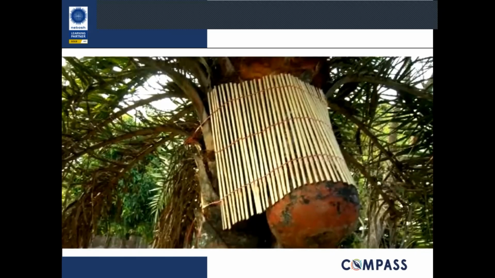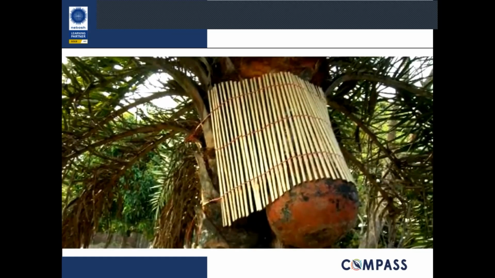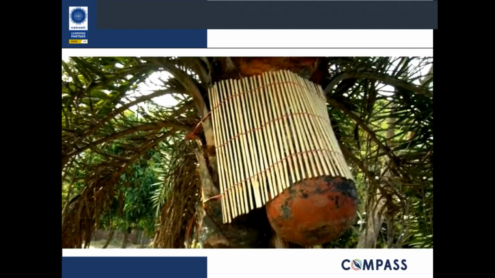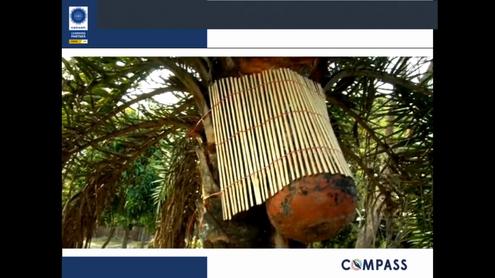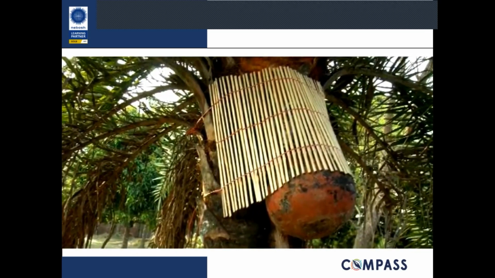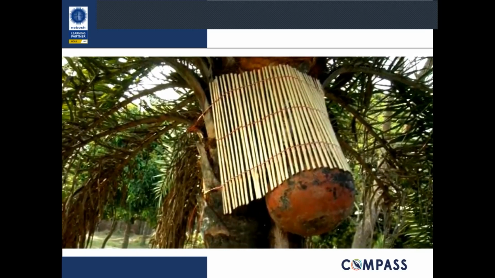So the way to get rid of this was to put a skirt of bamboo over where the sap came from the tree into the pot. And by doing this, you can actually reduce the contamination of the date palm juice, because the bat cannot have access to that sap that's coming from the tree. So again, a bat to the fruit, contaminating that,